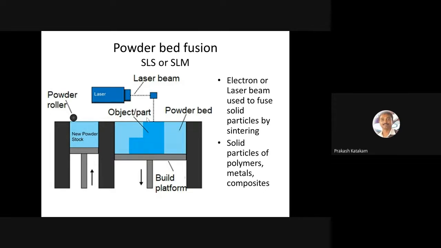So the issue is that once you make a tool or an object using this metallic powder, after completing the process, they will remove the powder part from the bed. They will remove the powder and isolate the tool or the object that we printed, say for example a bone. After that, the printed part is not so strong because it is porous in nature. To make it solid, they do post-processing.